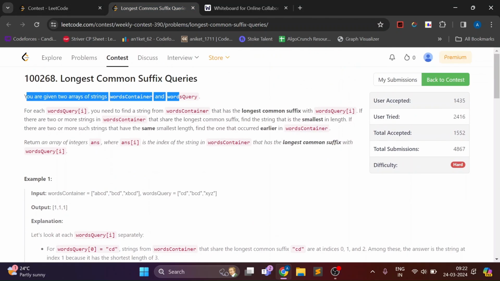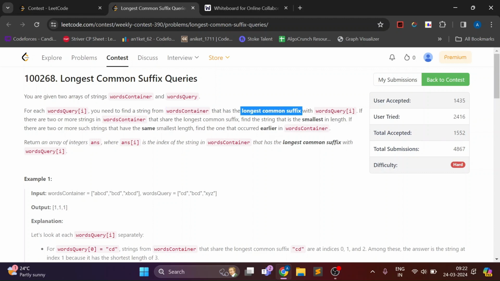So in this case we are given two vectors, and for each word string in the second vector, we have to find the string in the first vector such that it has the longest common suffix with the words query of i string. And if there are two or more such strings, we have to share the longest common suffix,